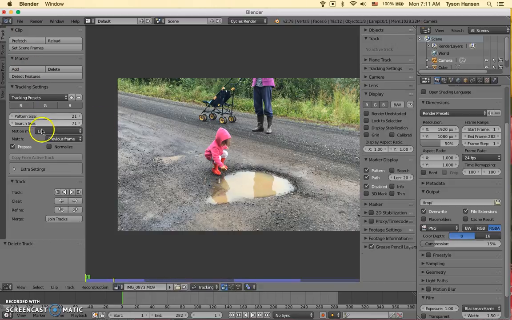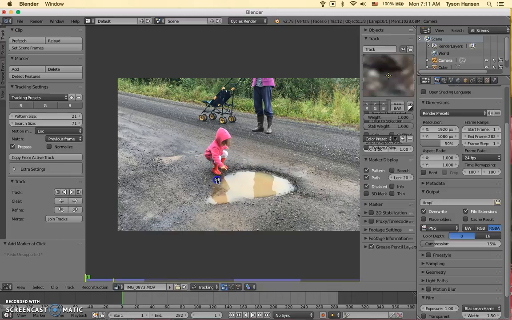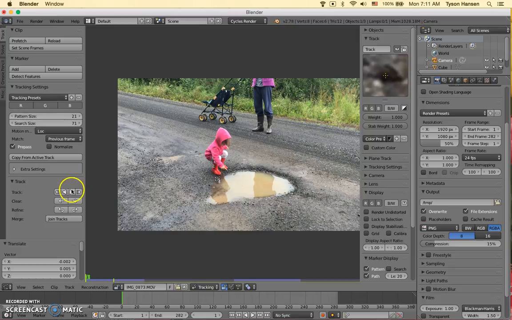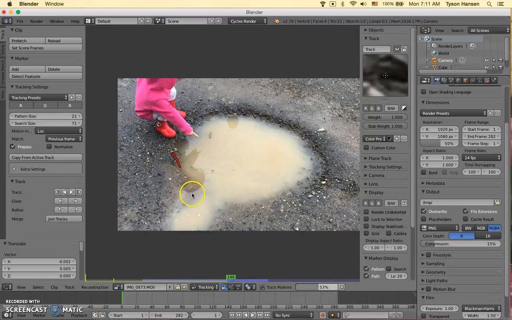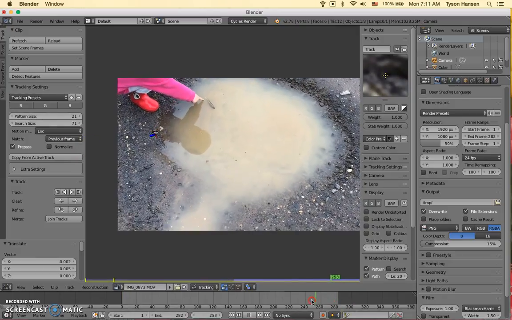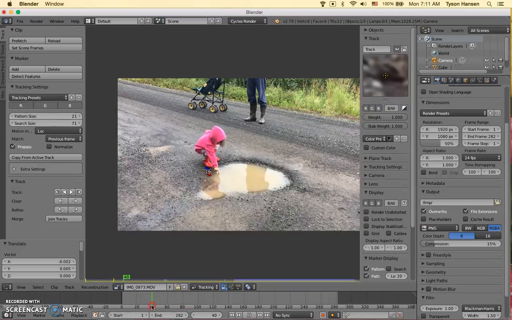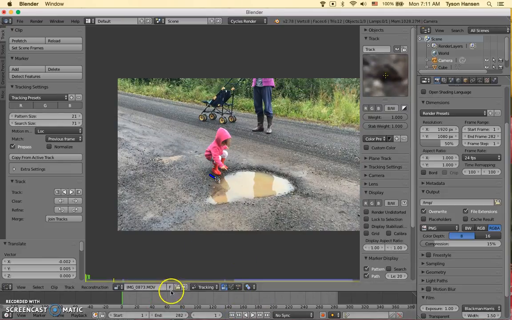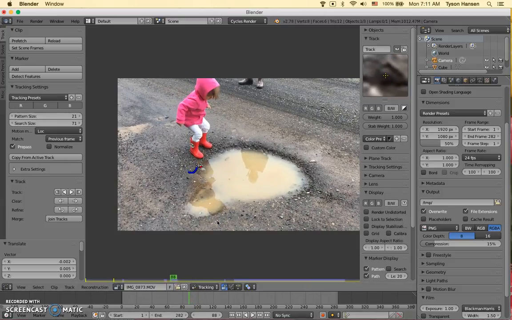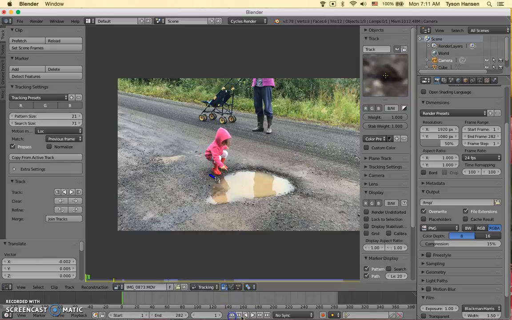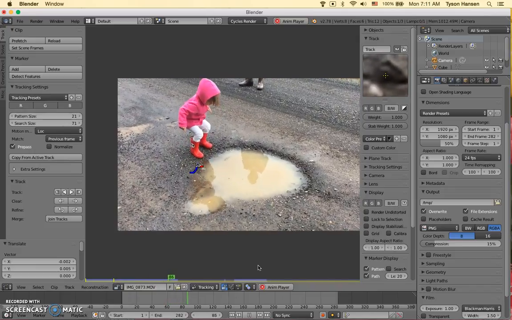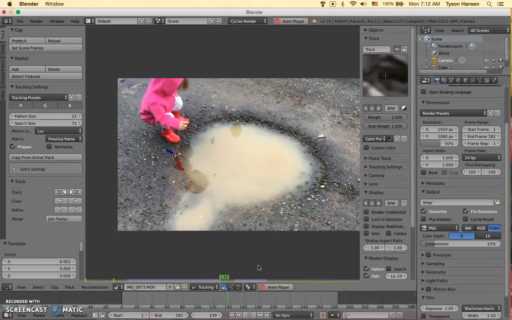Then let's add a marker, and we'll click it right there, and I'm going to hit G to move that marker up to there. If we track it now, with one attempt, it tracked the whole way through. The reason it does that is instead of trying to match it to this frame, it's just trying to match it to what the frame looked like before. We'll go back to the beginning and see how smooth that is. It's still a little jumpy, but